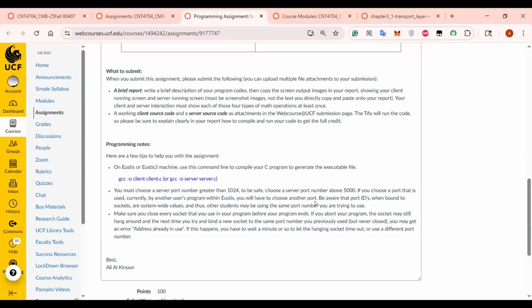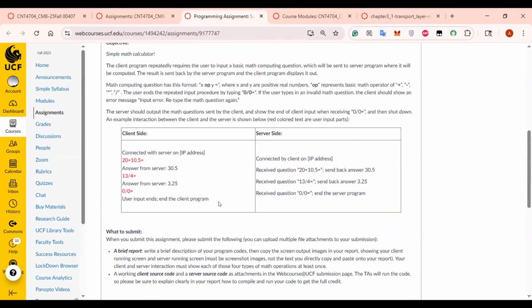What could happen, as we also saw in the last lab, is that when you have a specific port number and you exit out of the connection, it doesn't release the port number right away. There is an idle time that you have to wait for. So you probably have to just change the port number or just wait a minute for it to process again. So just keep that in mind. And if you have any questions regarding that,